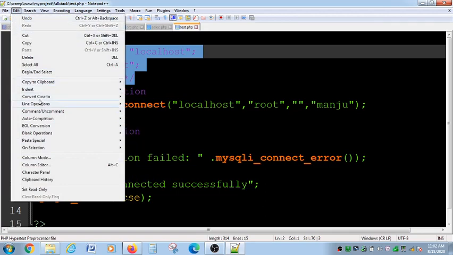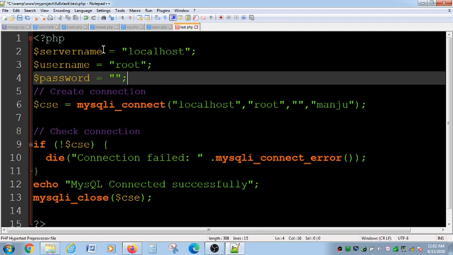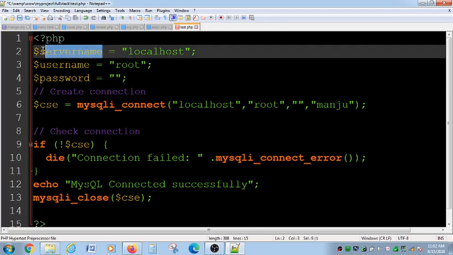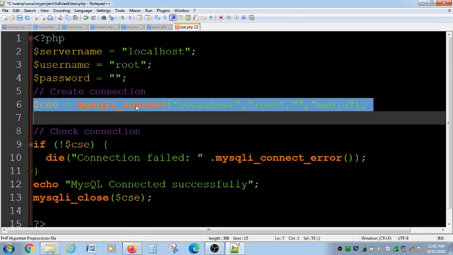Edit, command block, uncomment. So here I am using one more variable name, that is server name, username, password. The reason for this is that sometimes there is a need to connect to MySQL via different functions or different classes.